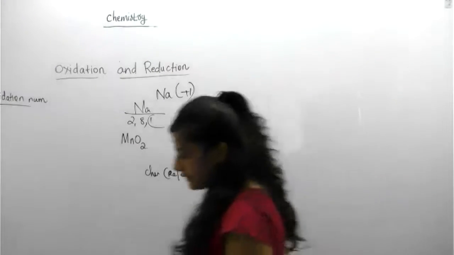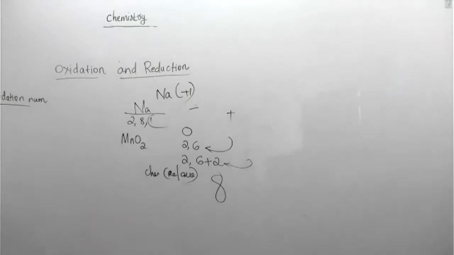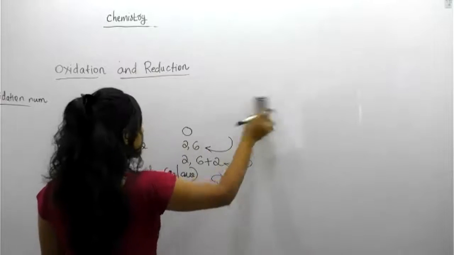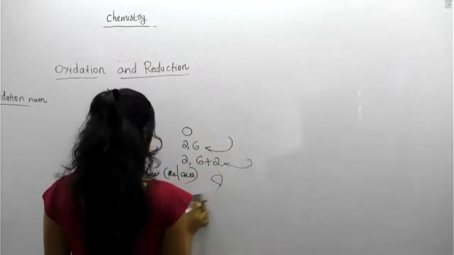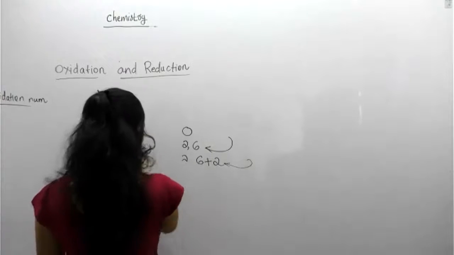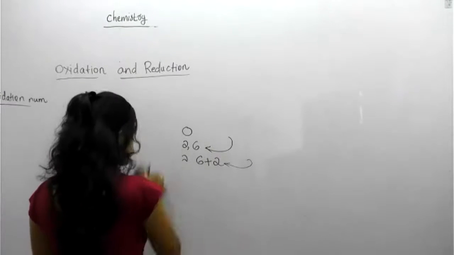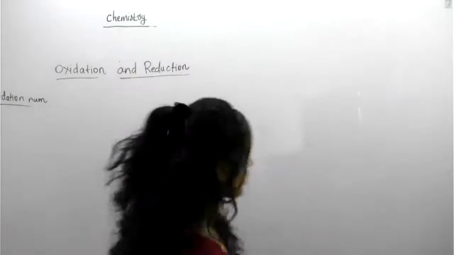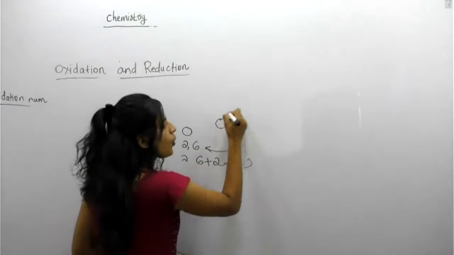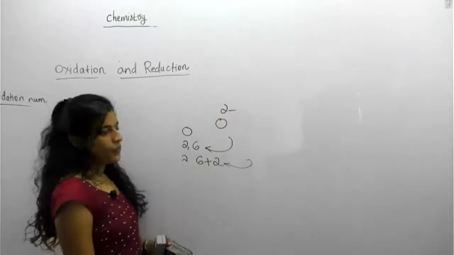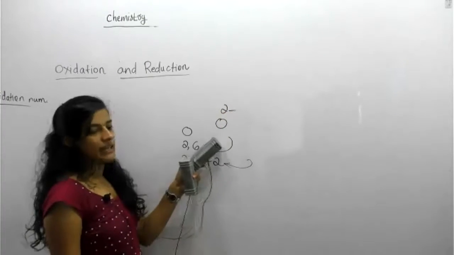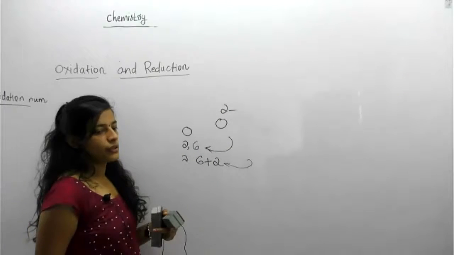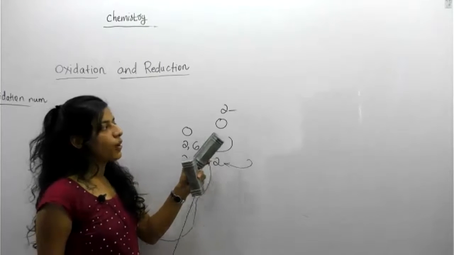Now, next one. In the same manner, think about oxygen, students. Sodium is plus 1, understood. So in the same way, tell me, what about oxygen? Minus 2, correct. In the case of oxygen, it is O2 minus. This is the format, because for getting stability, it needs to accept 2 electrons, and then only it will form 2 minus.